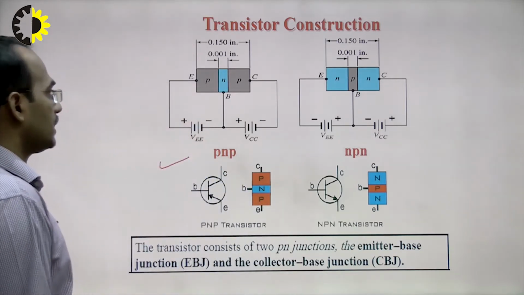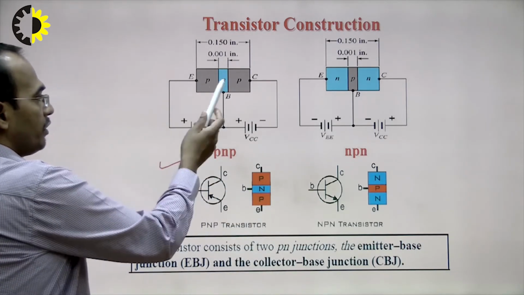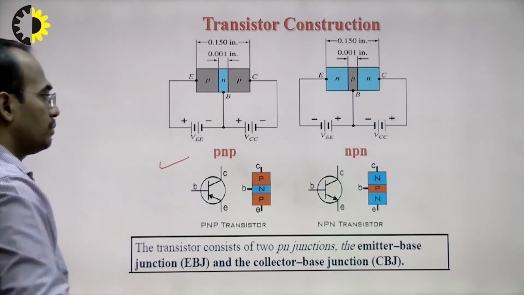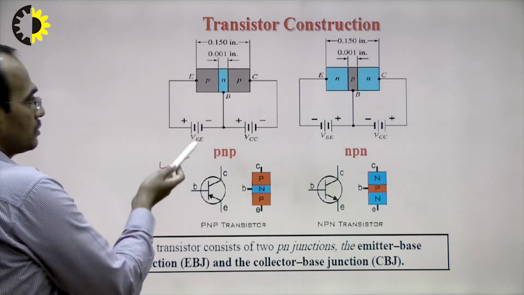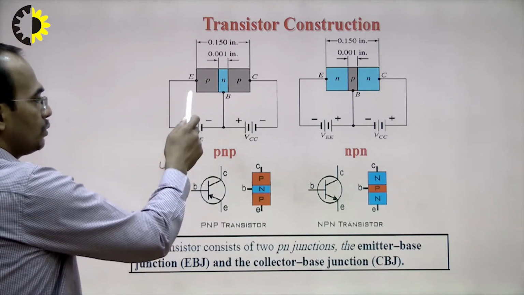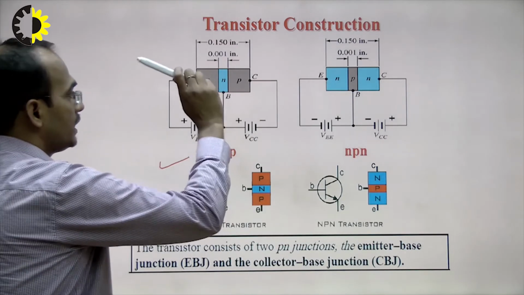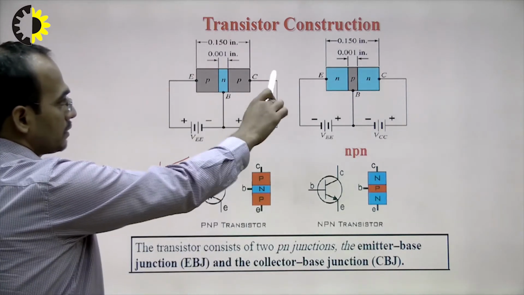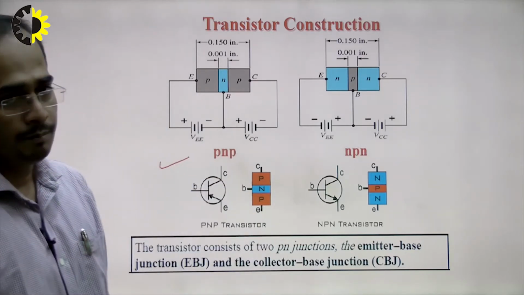For operating this transistor as an amplifier, it is necessary that the emitter base junction should be forward bias and the collector base junction should be reverse bias. To make the emitter base junction forward bias, I will connect the P type to the positive terminal of the battery and the N side to the negative terminal. For making the collector base junction reverse bias, I will connect the P type to the negative terminal of the battery